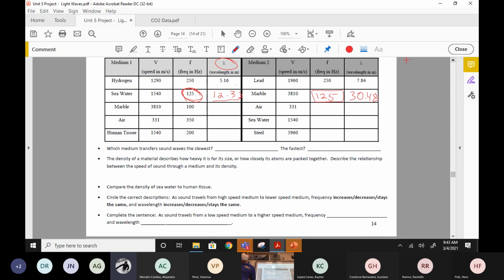And then the third bullet. What do you notice there? Look at the chart. At least as far as velocity of sound goes, we can compare it to density. What do we see for human tissue versus seawater? Yeah, so put down your answer. Basically, our cells are almost like little plastic bags full of seawater. Very similar in content, mostly water, but then there's different salts dissolved in our cells, just like there's salts dissolved in the ocean.